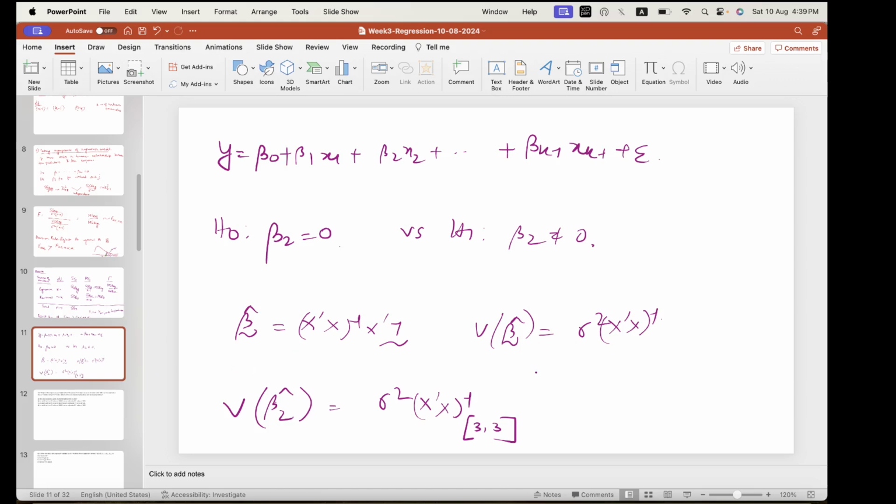Alright, so following these, we also know that beta j hat would also follow a normal distribution, given that we assume that the errors are normally distributed, and since expectation and variance match, that would be beta 2, and this would be sigma square (X prime X) inverse, 3/3th element, let's say. Okay, so once we have this distributional assumption,